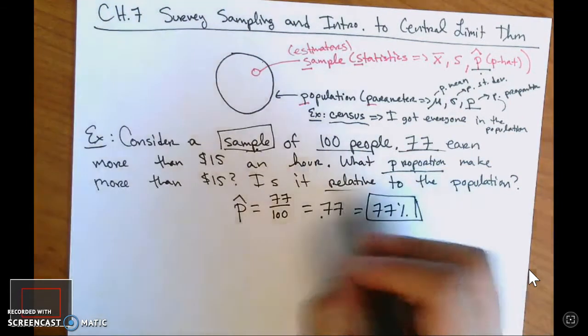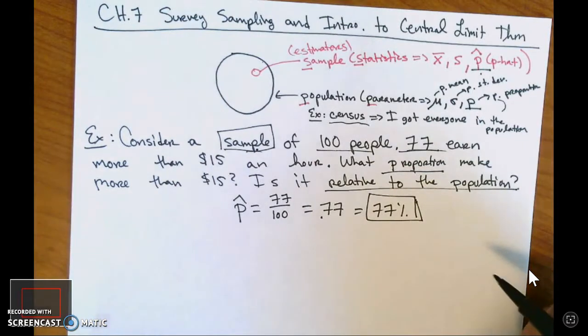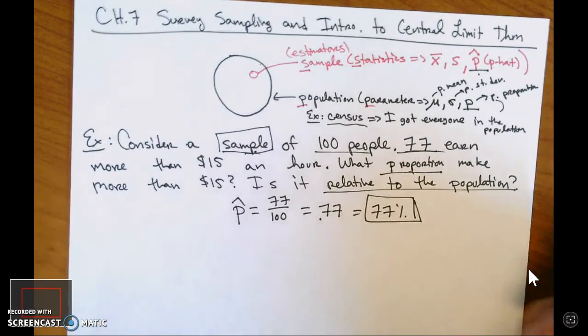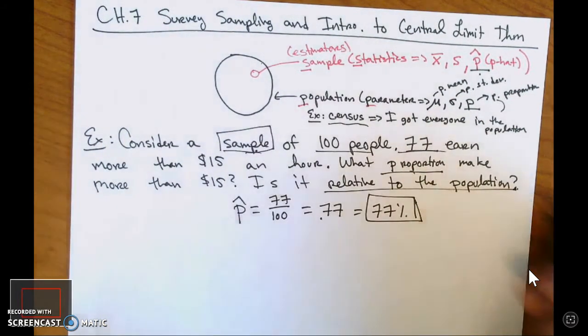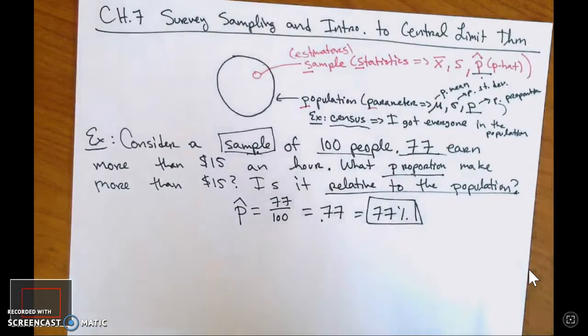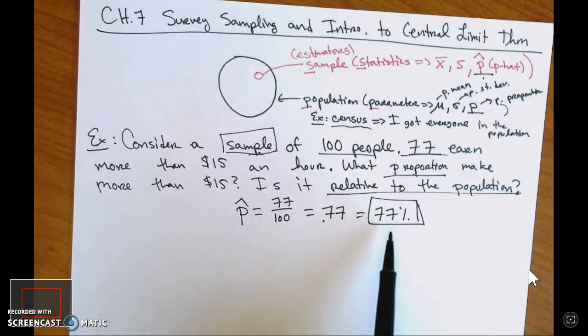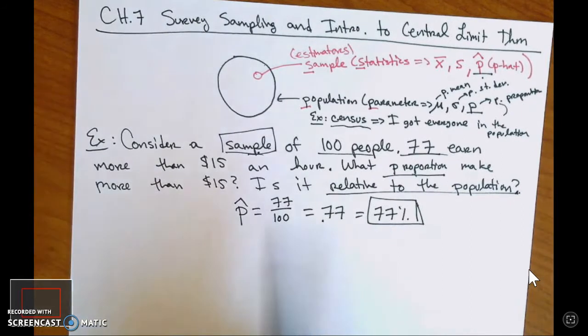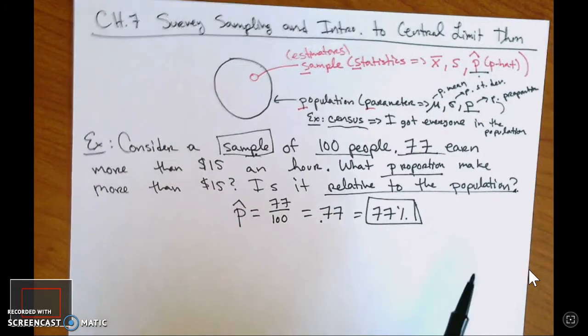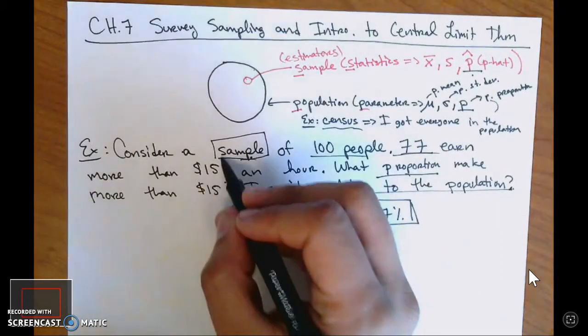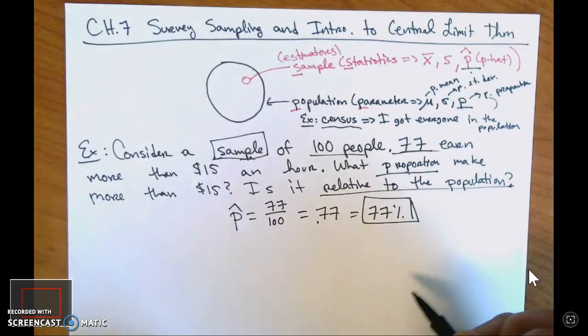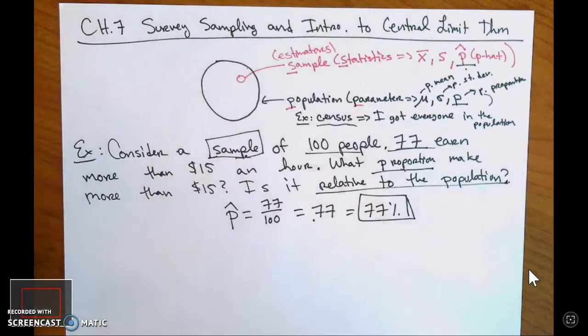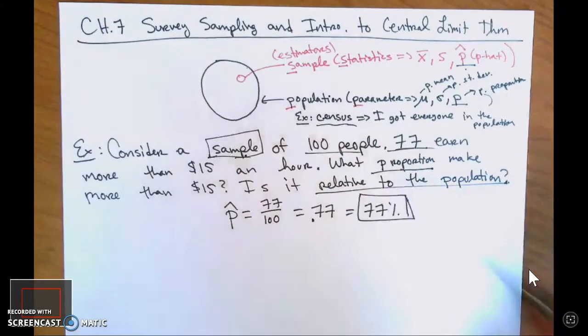Is this relative to the population? Does the entire population, whatever population is, maybe San Diego, does this mean that 77% of the population in San Diego make more than $15 an hour? Well, I don't know. It really depends on where we sampled. But, based on most of you guys that are community college students,